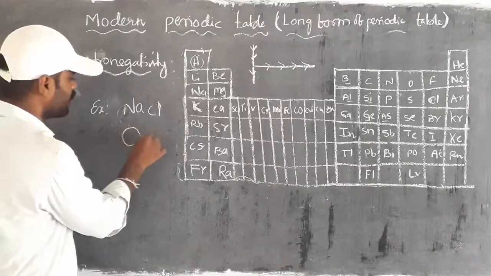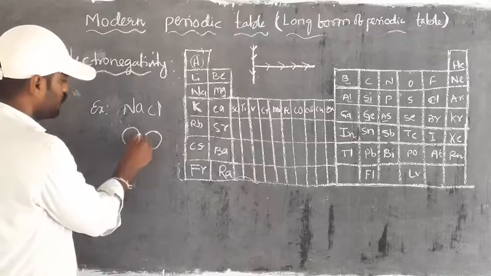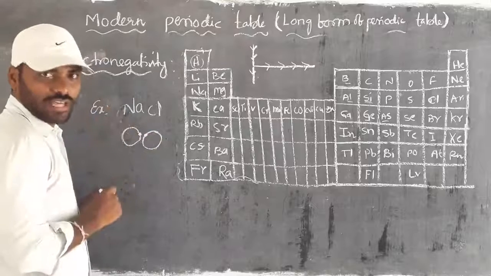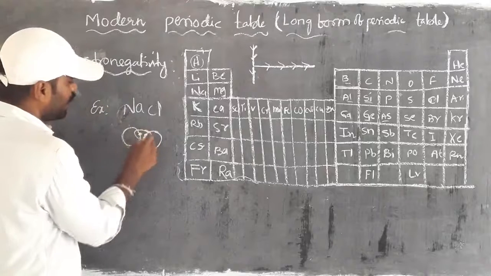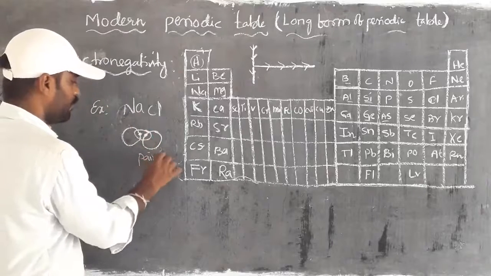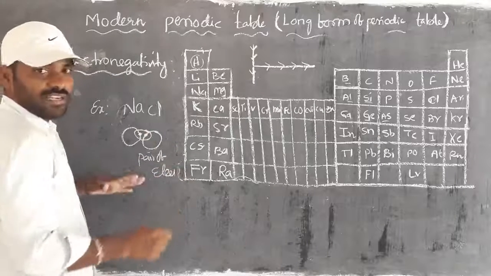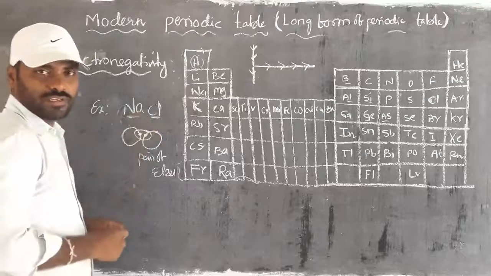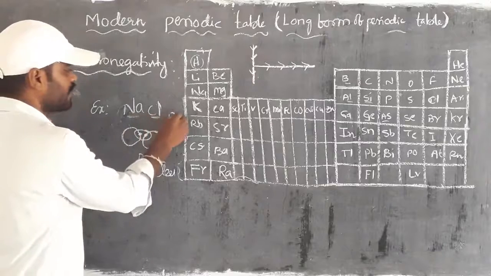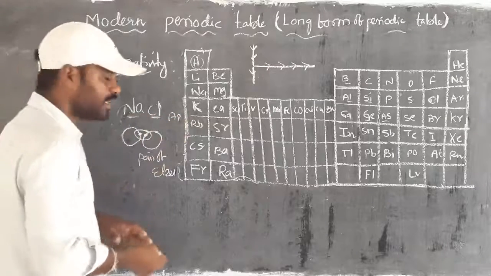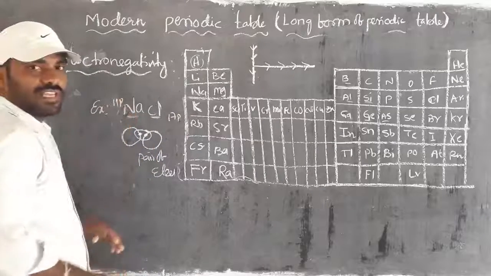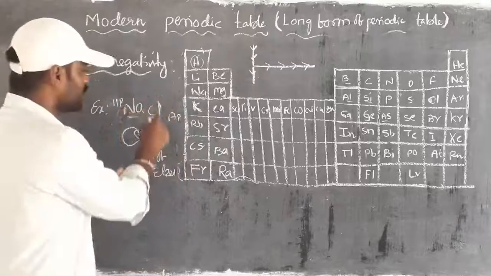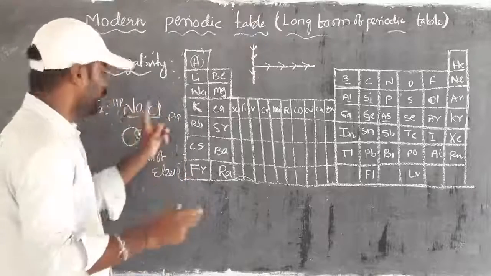So this is one atom and this is one atom, and each contributes one electron. This we call a pair of electrons. Here chlorine has more protons and sodium fewer: the atomic number of chlorine is 17 and sodium is 11. In addition we have neutrons also. So the nucleus is bigger and the atomic size is very small when compared with sodium.